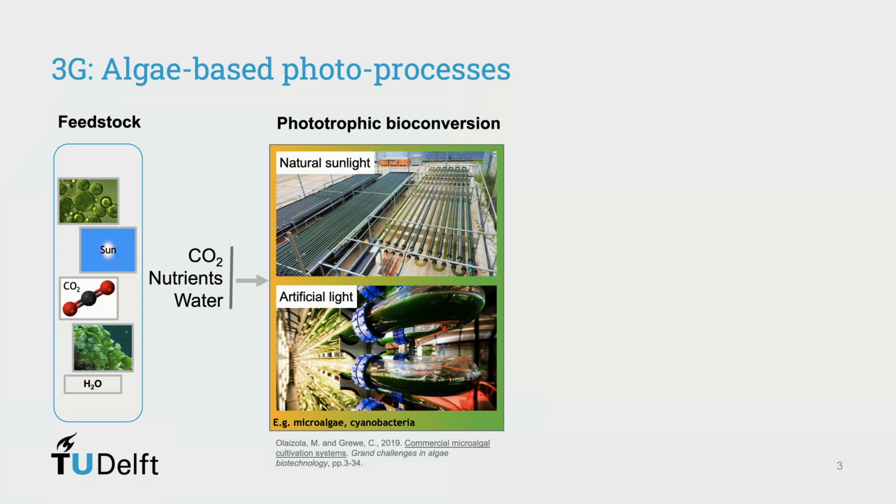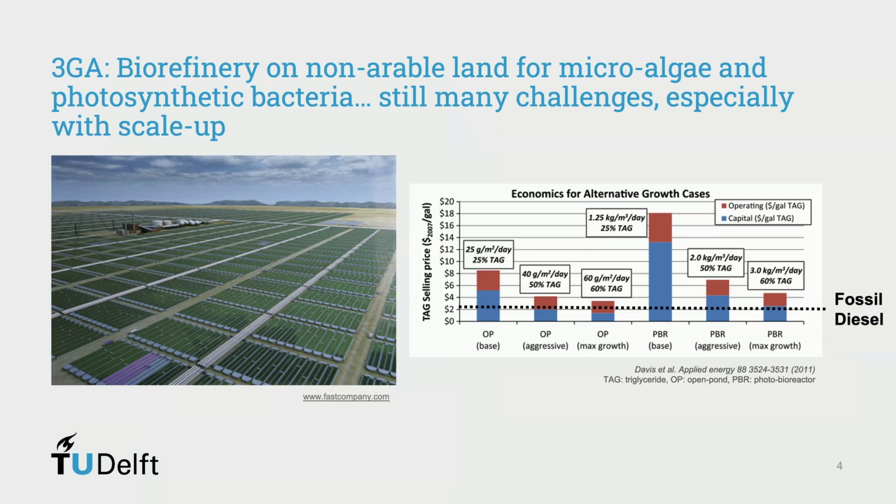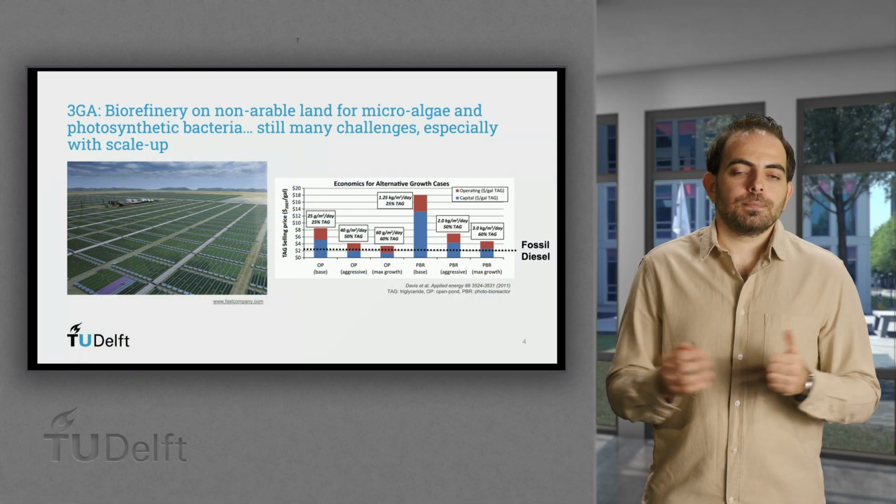One of the main constraints to consider when using natural light is to make sure that enough sunlight reaches the reactor and the phototrophic organisms within. Light penetration is quickly becoming limiting, which often leads to quite thin reactors. This results in large areas of land needed to produce significant amount of product, as can be seen in this photo, which means the system must be capable of high productivity per footprint area. This land could be non-arable, of course.